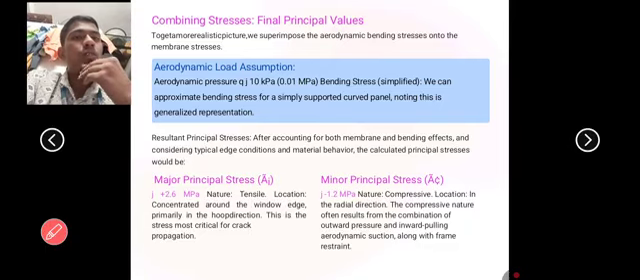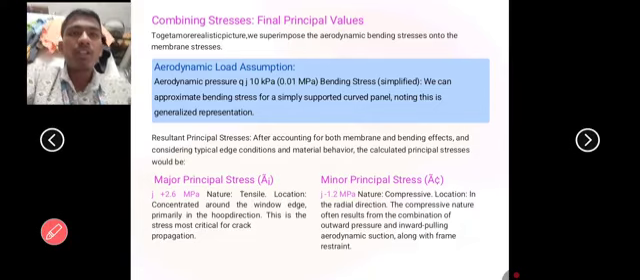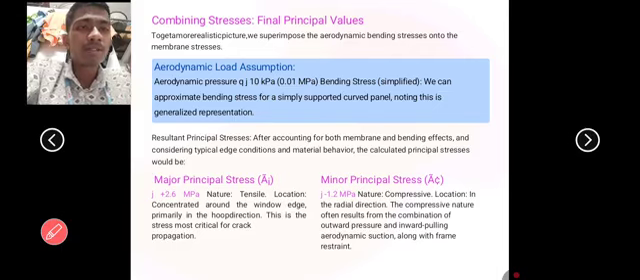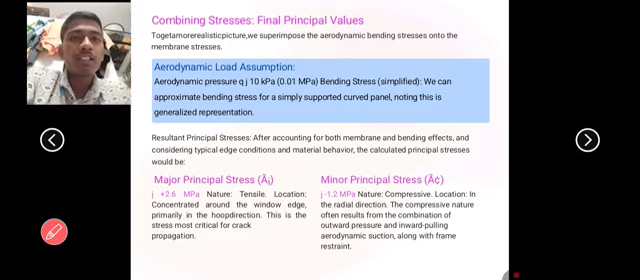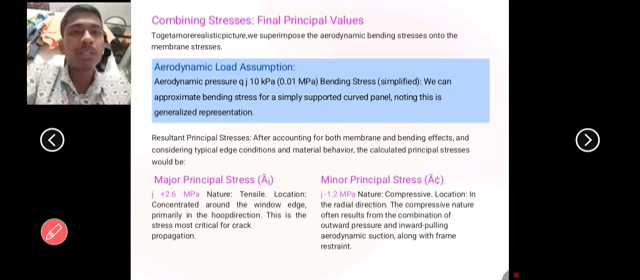To get a complete picture, we superimpose the aerodynamic bending stresses onto the membrane stress. Aerodynamic load assumptions: we assume aerodynamic pressure of 10 kilopascals, or 0.01 megapascals. Bending stress, simplified: we can approximate bending stress for a simply supported curved panel. The resultant principal stress after accounting for both membrane and bending effects,